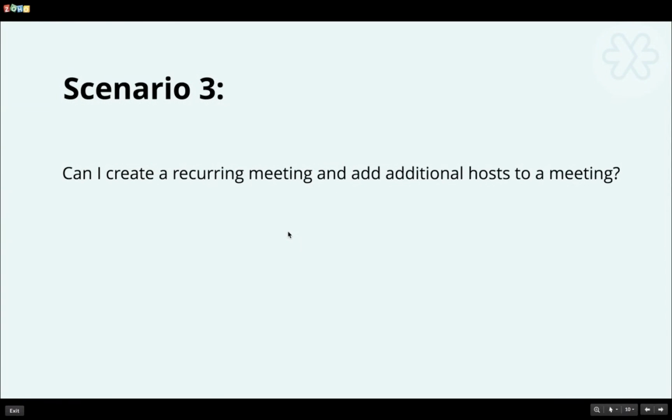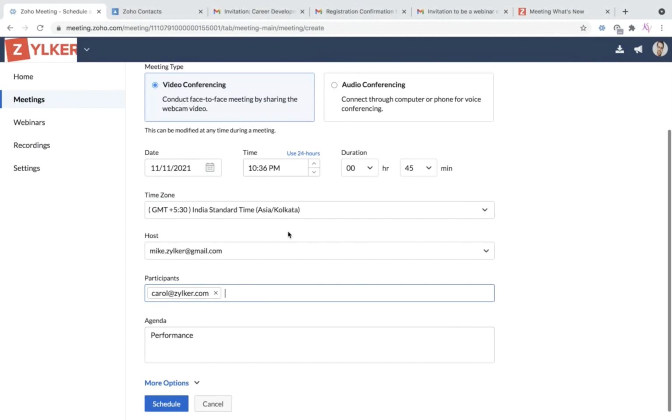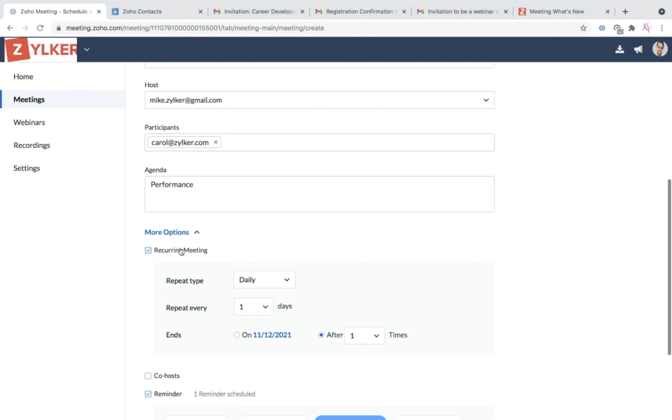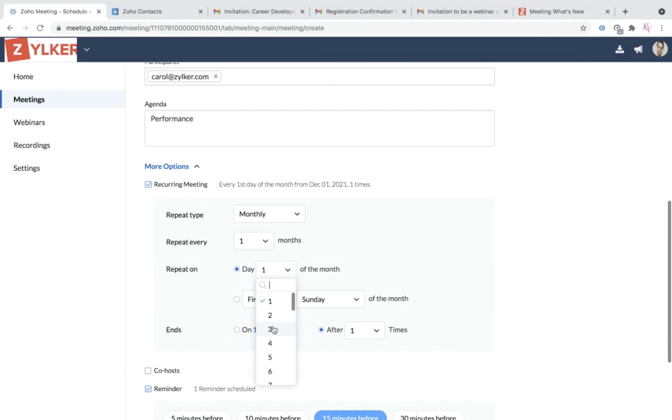All right. So now we go for scenario 3. Here, a managing director of a company is looking for a way to discuss the work progress each and every month with his employees. For this, you can easily create recurring meetings from Zoho Meeting. So click on the more options on the scheduling page where you will have a recurring meeting option. Here you need to specify the frequency of the meeting, whether it is a daily, weekly, or monthly meeting. You need to specify when and how the meeting should repeat and when it should end. So this schedules the events in recurrences with the same link for the entire series. So the participants can use the same join link to join the session each and every month.